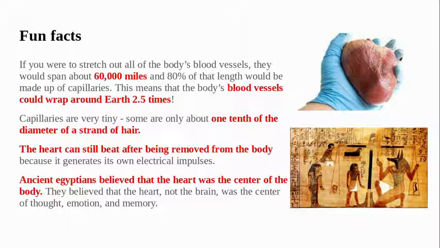And then another fun fact is that the heart can still beat after being removed from the body because, as we talked about, it has its own electric impulses separate from the nervous system or any other body system. And then, as you can see over here, here's a hieroglyph of ancient Egyptians measuring or weighing the heart, because ancient Egyptians believed that the heart was the center of the body. So they believed that the heart, not the brain, was the center of thought, emotion, and memory. So what we now know to be the function of the brain is what ancient Egyptians believed to be the